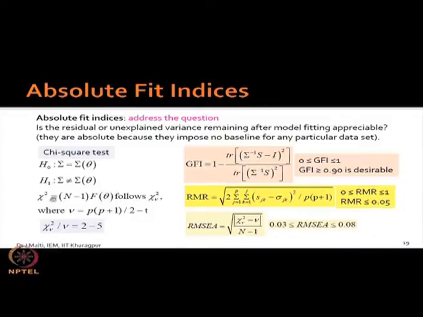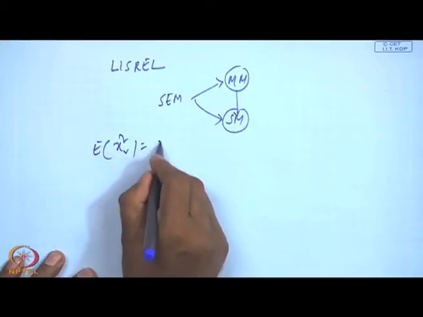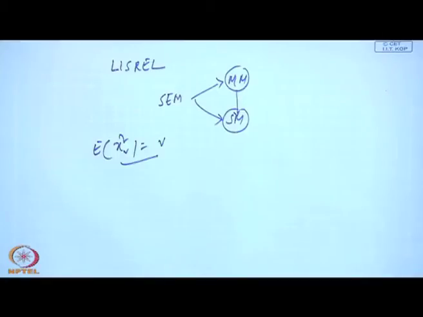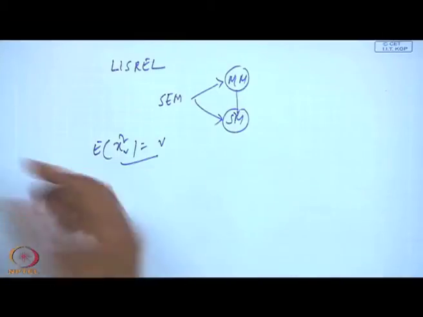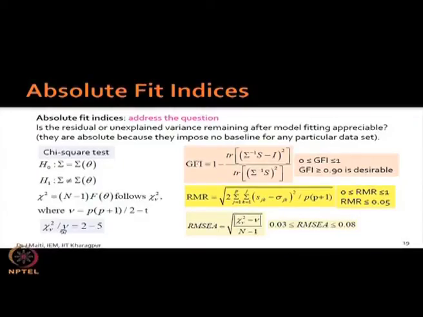One way is that this value should be as small as possible, and the other is you go by chi-square by degree of freedom. It is recommended in the literature that the chi-square distribution is such that the expected value of chi-square nu is nu, because that parameter in chi-square is the degree of freedom only. So, actually the chi-square by degree of freedom should be 1, but it is not recommended. What is said is that 2 to 5 is the recommended value because of all practical constraints.